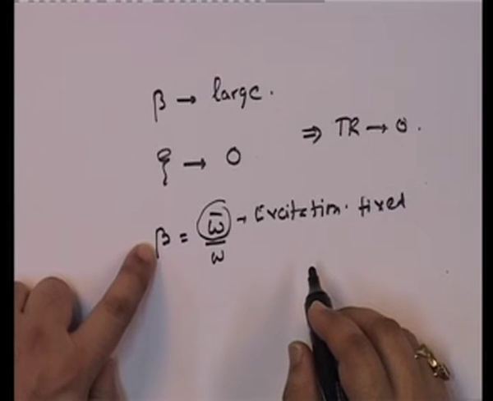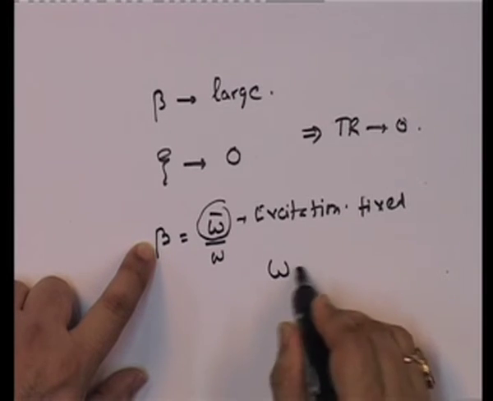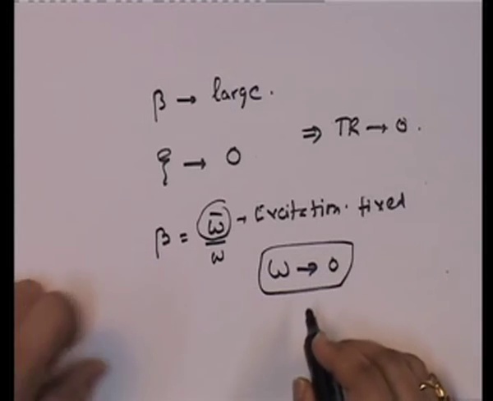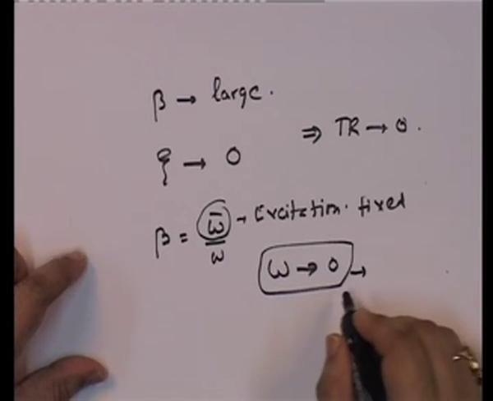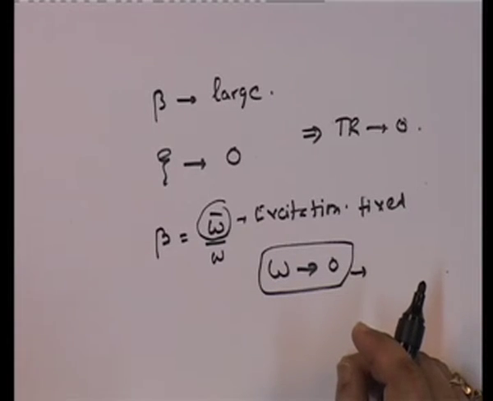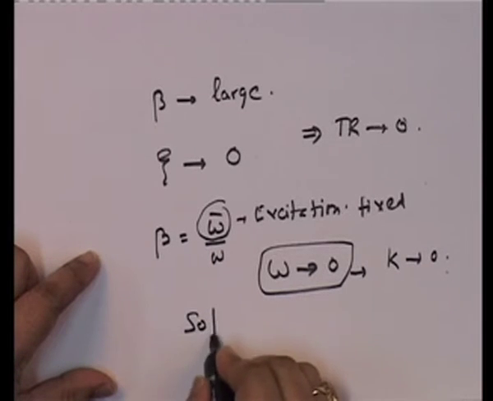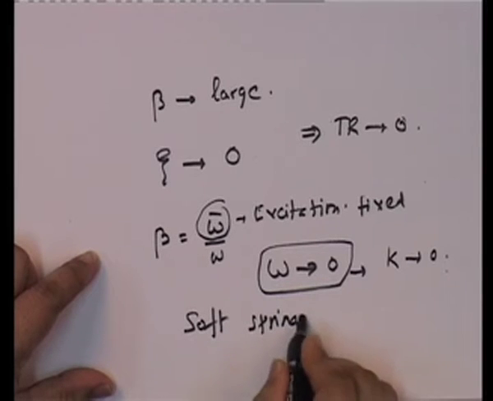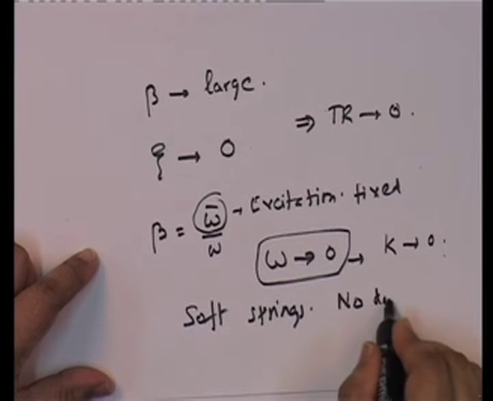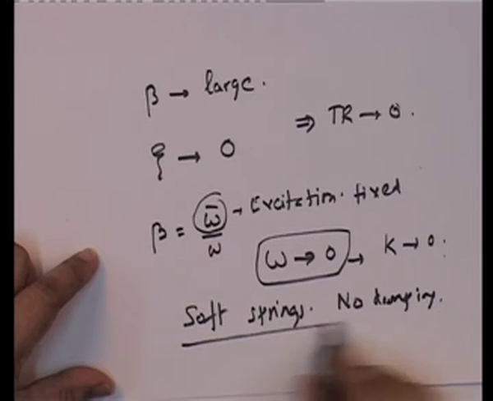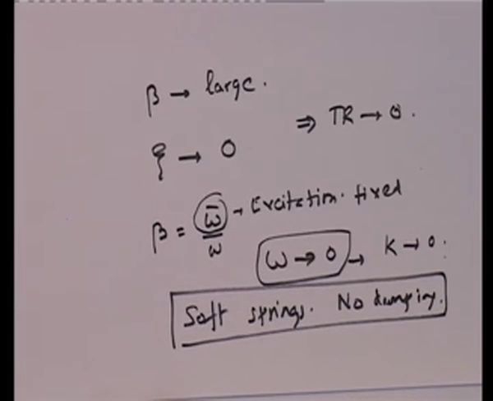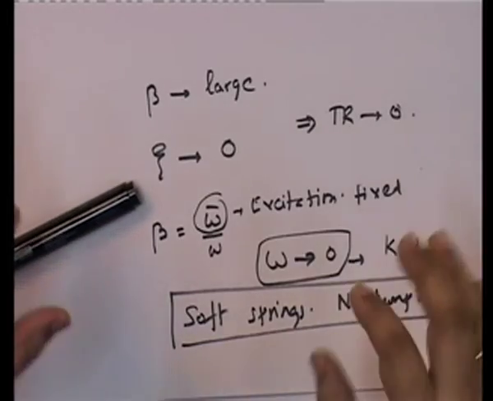So, to get beta large, what do I need to do? I need to make omega tend to 0. What does omega tending to 0 imply? Note that the machinery mass is fixed. So, that means K tends to 0. That means soft springs, no damping. That is what you have to do. That means you need to put the machinery on soft springs with no damping to ensure that very little gets